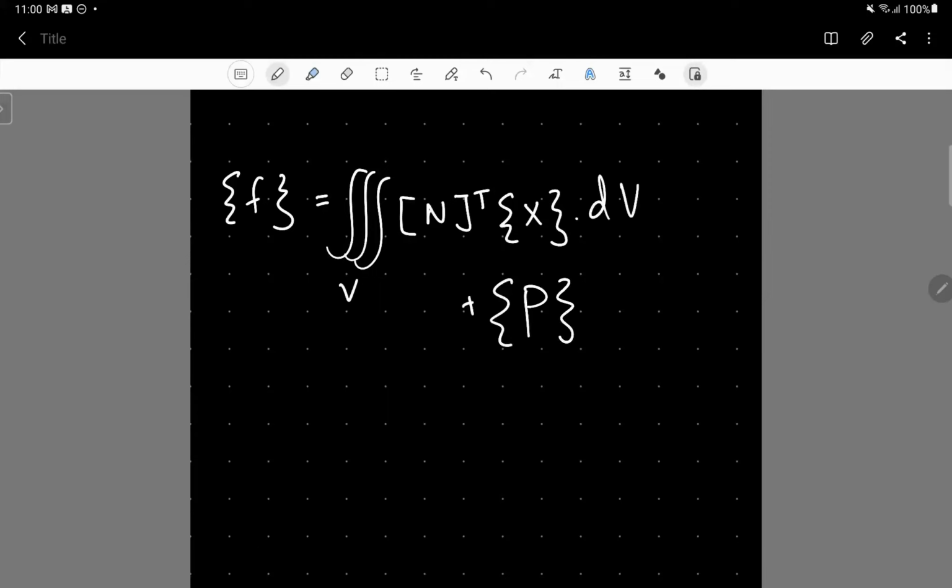For the surface forces, the transpose of the shape function has to be multiplied by the traction forces acting on the surfaces and integrated over the